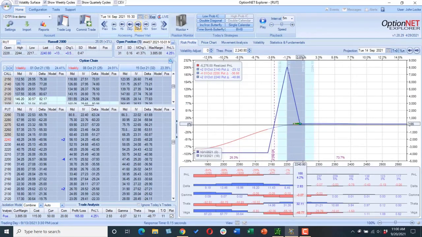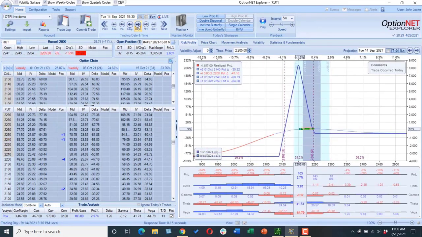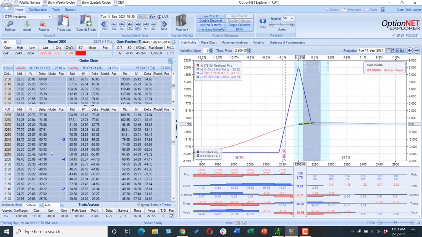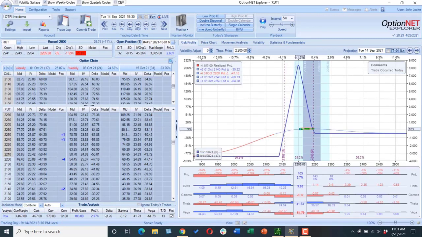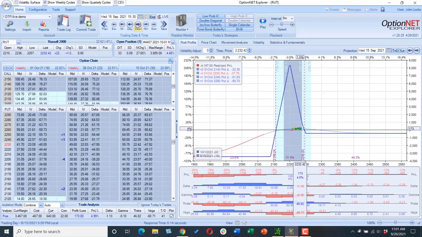We're still uptrending. And then we get this 35-point down move. I'm over my maximum limit here, but it's a surprise because I was at the limit before. Then I got a good sized down move here. Still holding some good positive delta here. We get a bounce on Wednesday.